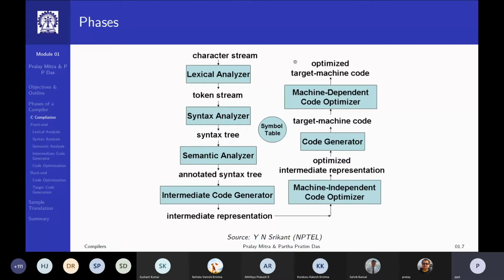So in the next couple of minutes, let me just quickly run through these phases in the front end as well as the corresponding back end with a very, very pathological small example. And mind you, at the center of this whole thing sits a central coordinator for the compilation process, the symbol table,